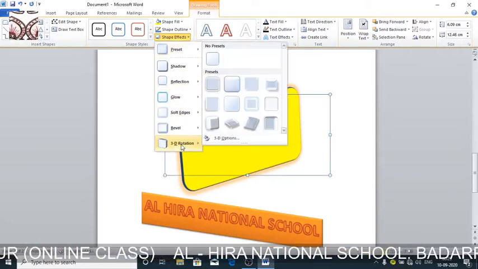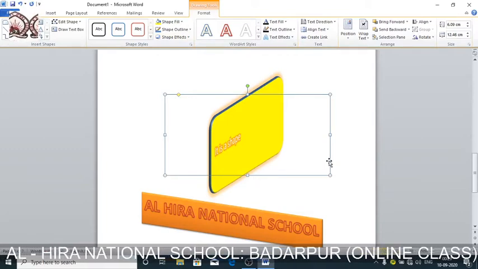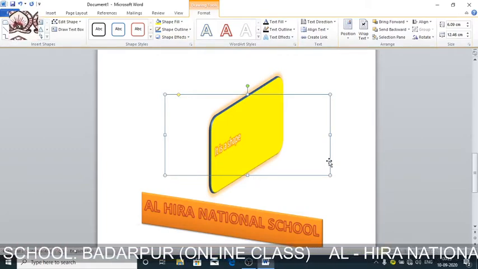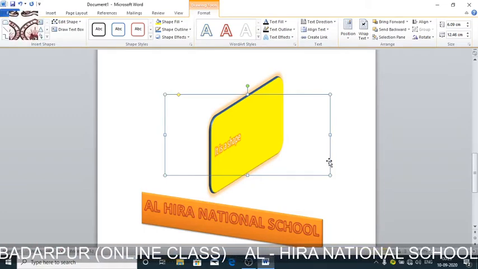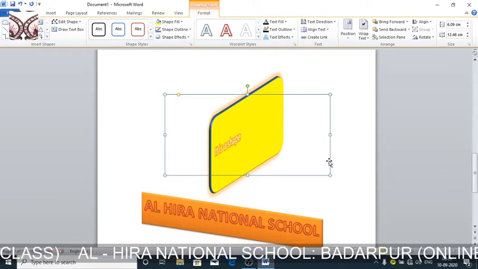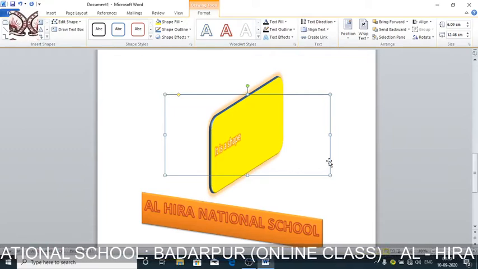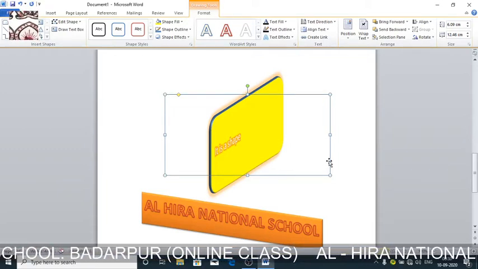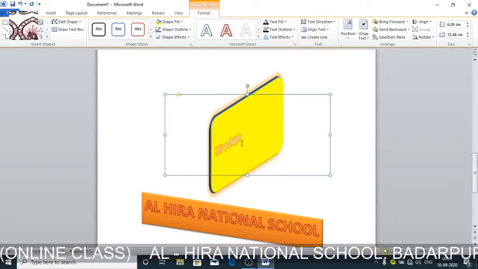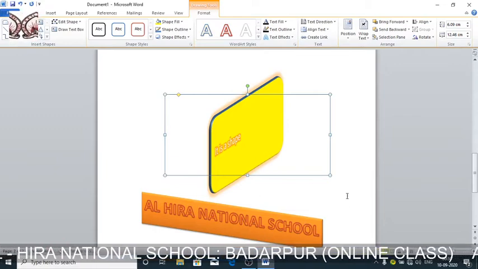We can give any three-dimensional effects to a shape or any pictures. In this effect, the shapes or objects we are creating have three dimensions. Earlier, all the shapes or images had 2D effects, but this particular one has three-dimensional effects. So how do we do it? We select the object, click the 3D style button, and then click on the 3D effect.